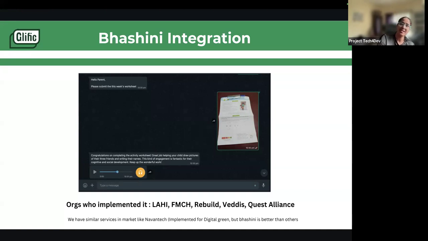But one of the advantages that Bhashini gives is that their services and the way they communicate are better compared to Navana Tech or any others in the market. Bhashini is specialized in Indic languages and majorly works with a lot of non-profits. So their integration is much better than the others.